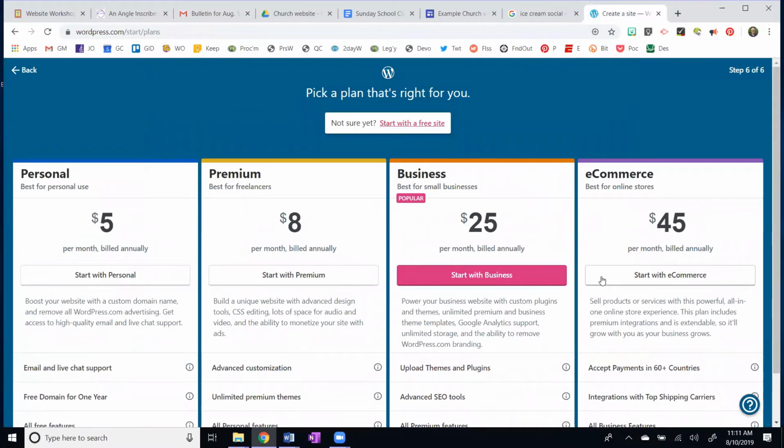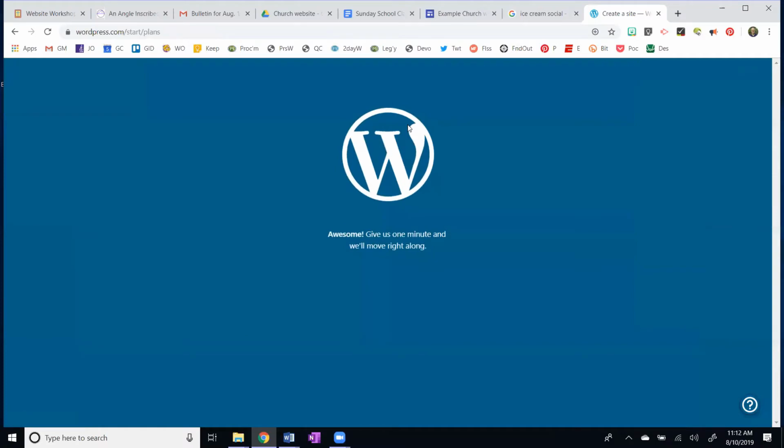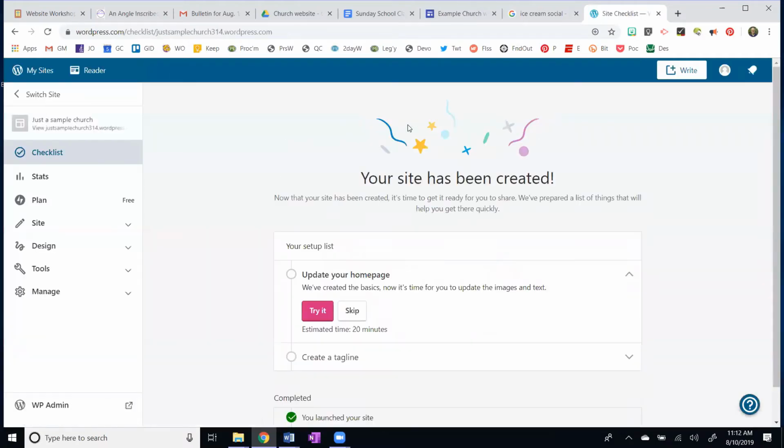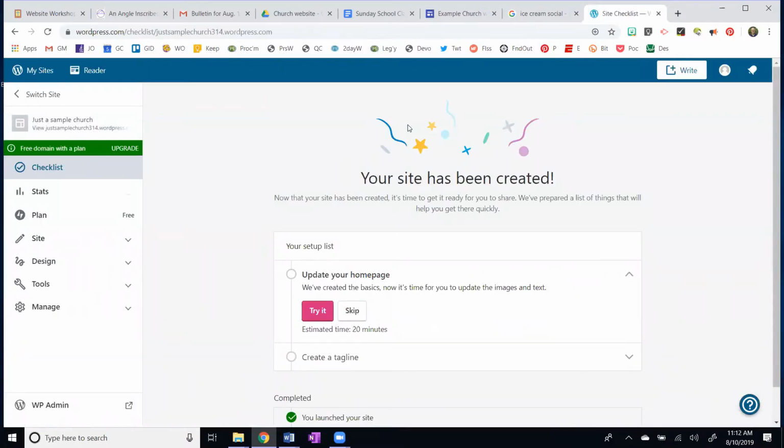Okay, once again, they're trying to make money. And by the way, I'm glad they're trying to make money. If they don't, they'll stop having this service. Here's all your options, but look here. Start with a free site. Now, one of the things I'm kind of recommending today is you try out the free site, and if you like it, if you think WordPress is a tool for you, then you might go to the United Methodist Church or actually buy a domain.